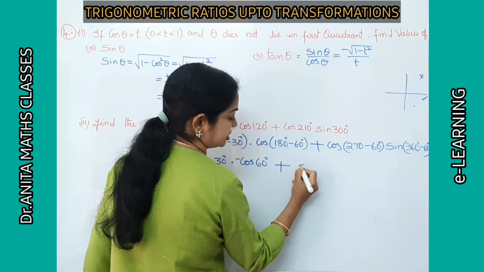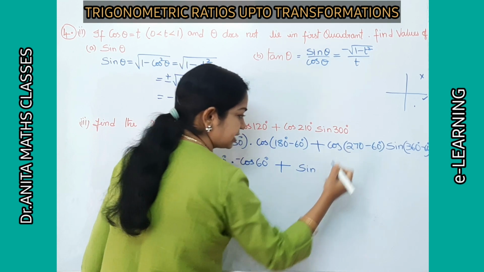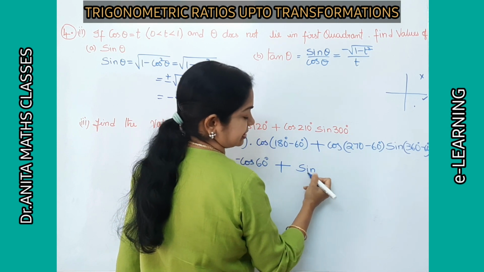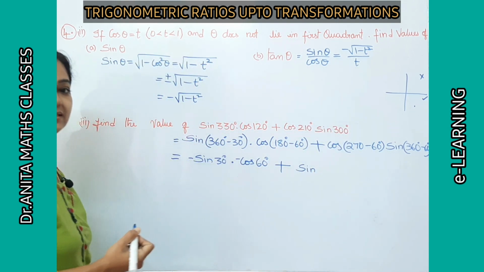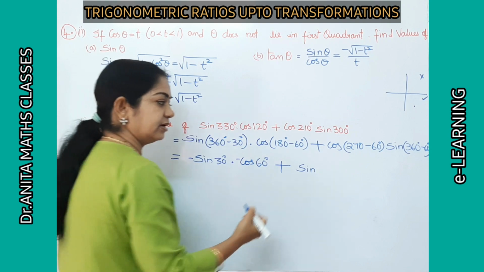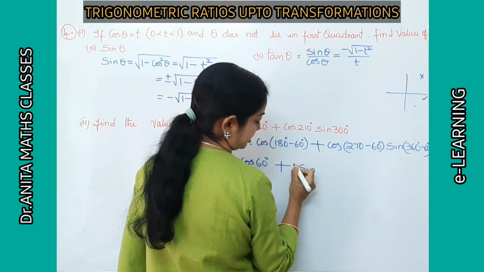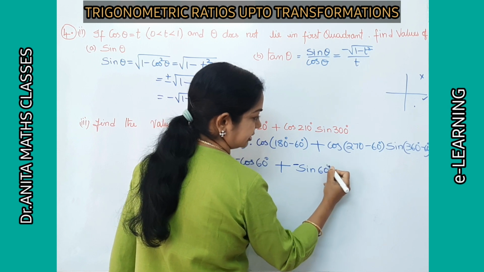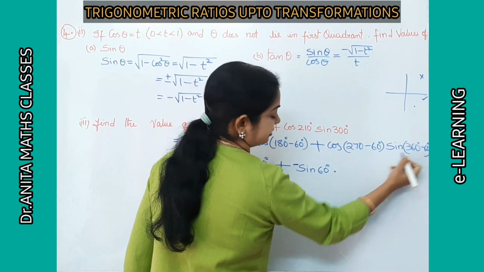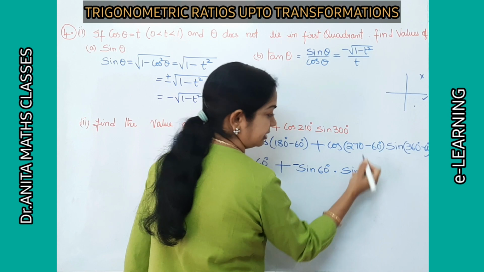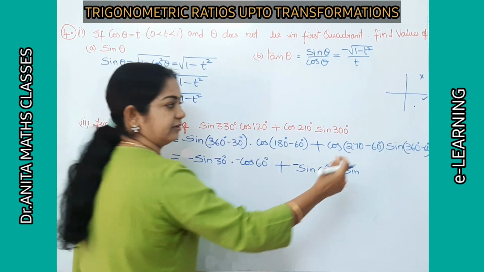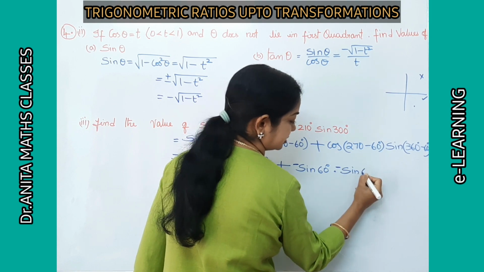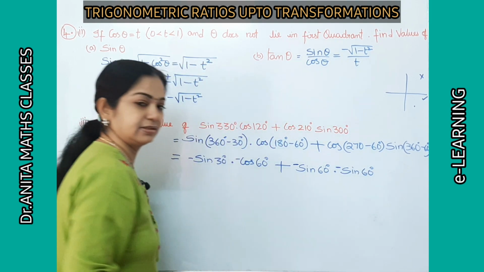Cos 270 changes to sin. For 270 and 90, it will change. Okay. Cos 270 is sin. Sin 270 minus 60 comes in the third quadrant. In the third quadrant cos is negative. So take minus sin 60 degrees multiplied by sin 360, again sin only. 360 minus 60 is in the fourth quadrant, where sin is negative. So minus sin 60 degrees. Right.